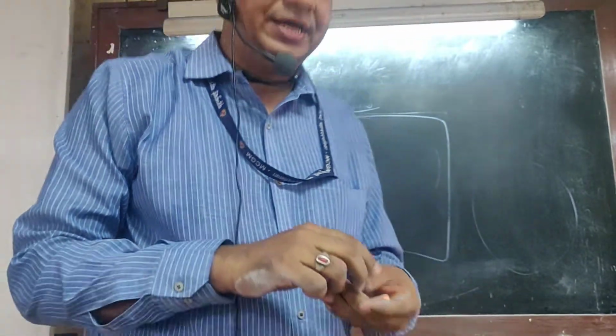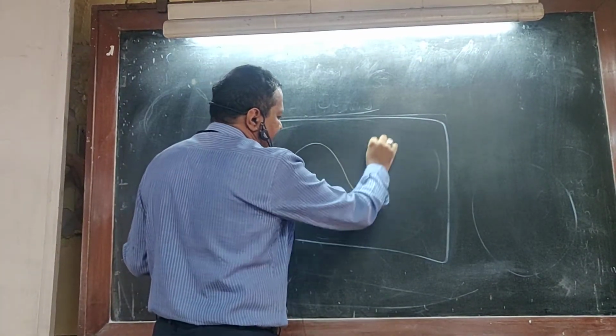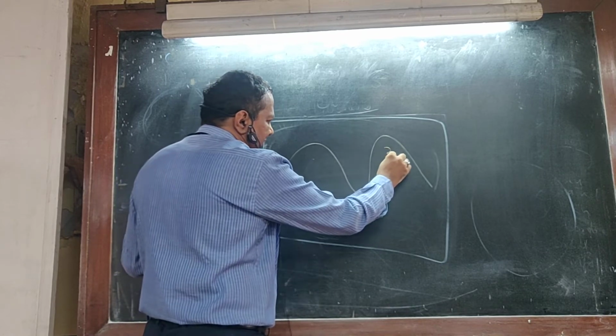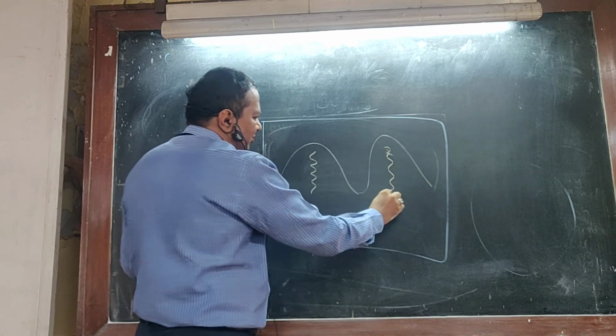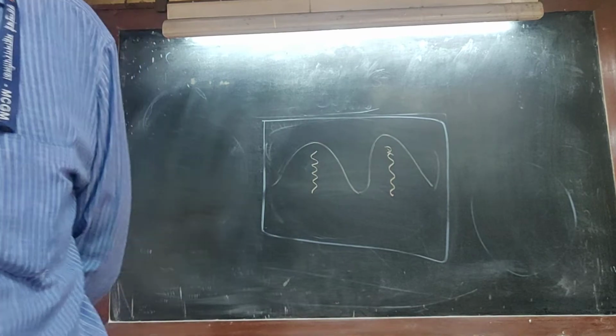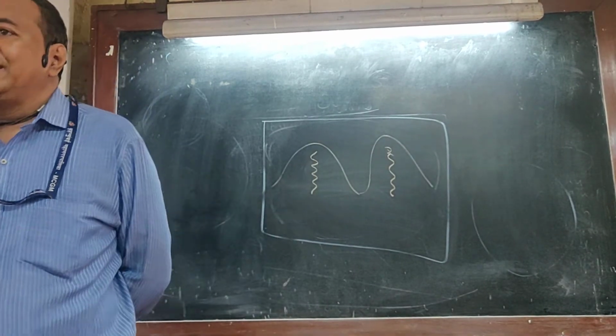Then comes the slide of the uterus. Now that all depends on what state of the menstrual cycle it is. Then there are glands and then there are blood vessels. What are these blood vessels called as? Spiral arteries.